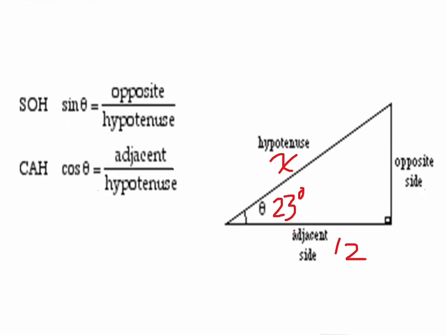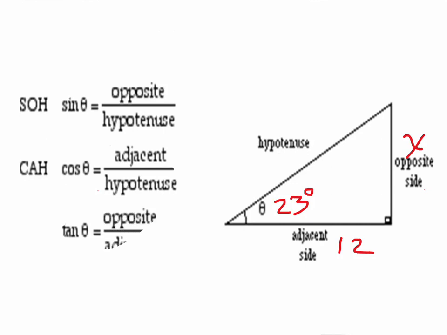And we would use this to solve for the missing variable x in the triangle you see beside you. If, though, you aren't looking for the hypotenuse, but you're looking for the opposite side, x, and you're given the adjacent, you would then use the tangent equation to find x. And similar to the others, this is where we get the acronym TOA, put together giving us